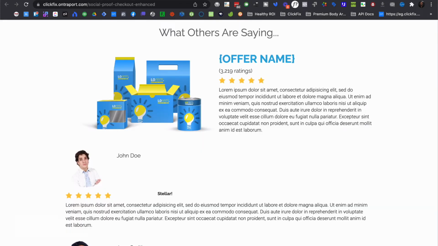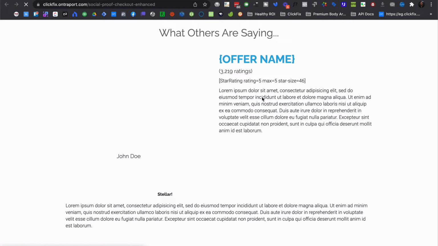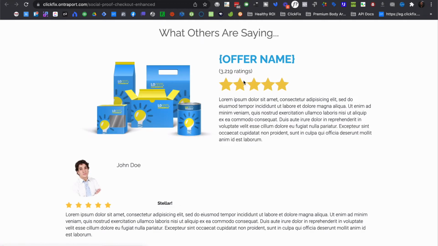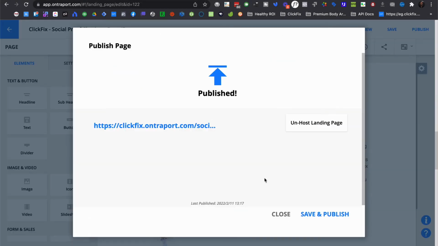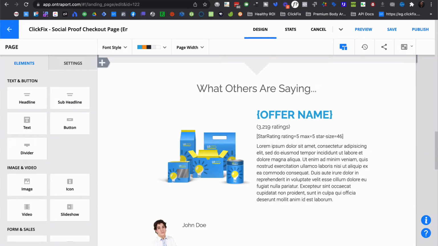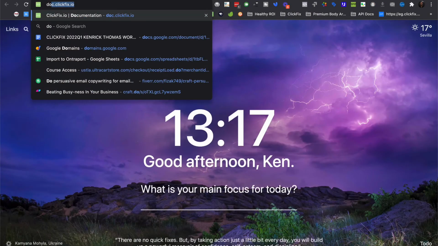All right, go ahead and refresh the page. And you can see that now we have these 5 stars here, nice and big, right? And what we do is we can go ahead and we can use this flexibility. Like I said, I'm not going to get into all the different variables and things that you can use, but